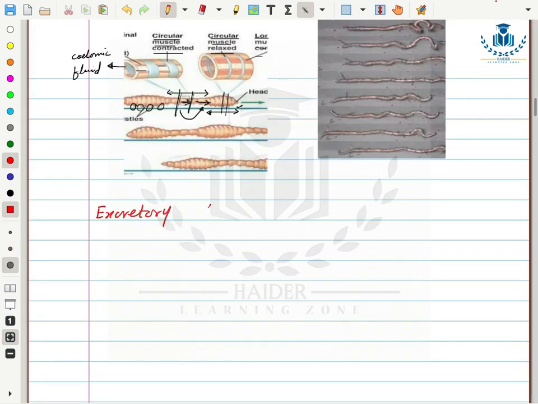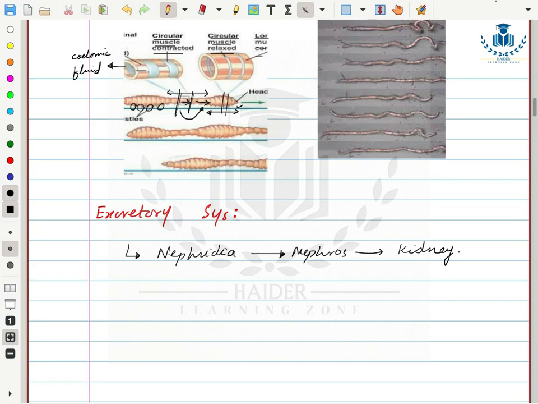Next system is the excretory system. For excretion, they have a specialized organ named nephridia. The word nephridia is derived from nephros. Nephros means kidney. So you know that kidney is specialized for excretion of nitrogenous waste. Similarly, nephridia, a structure related to kidney in function, act as the excretory system